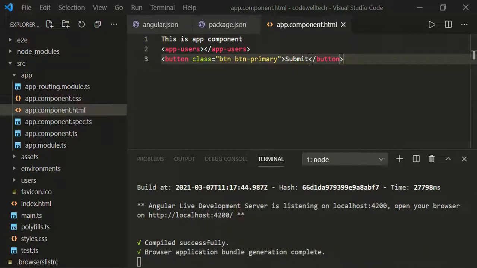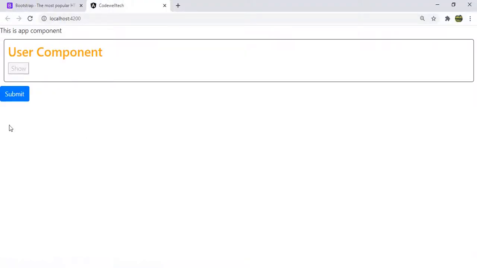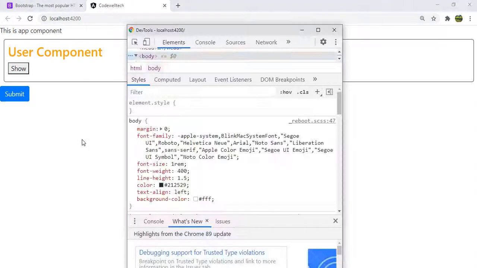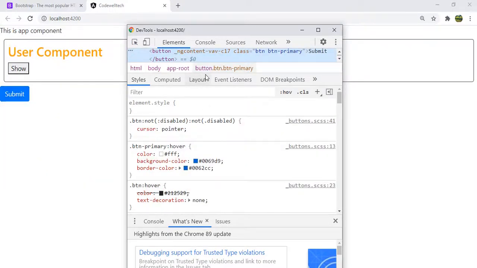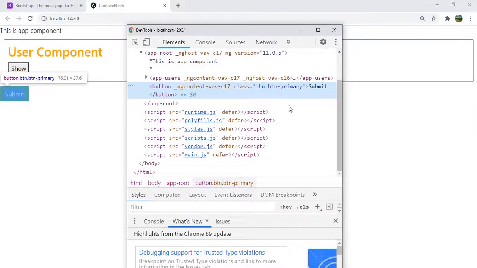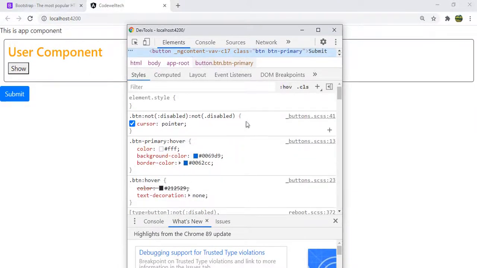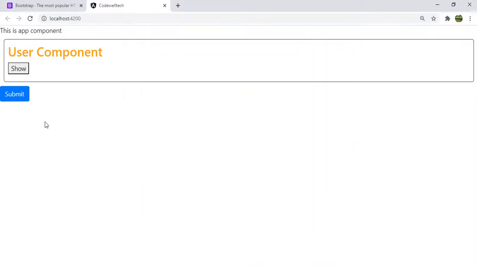Now let's go and see. There you go. So Bootstrap has been applied successfully, and we can see that Bootstrap classes are applied to the Submit button. The same thing you can confirm by opening the Elements tab. Just go and see here. You can see btn btn-primary, and when you look at the styles, you can see that these styles are coming from the buttons.scss file, which is part of Bootstrap. And you can see that whenever I hover on it, it is from webpack node_modules/bootstrap/scss. So Bootstrap is added to our application and it's working successfully.